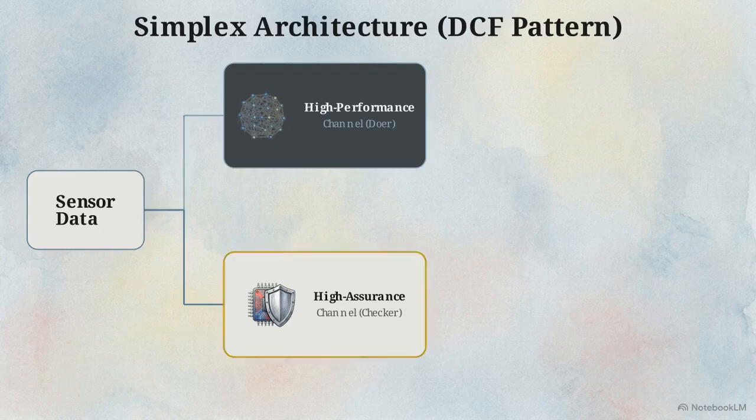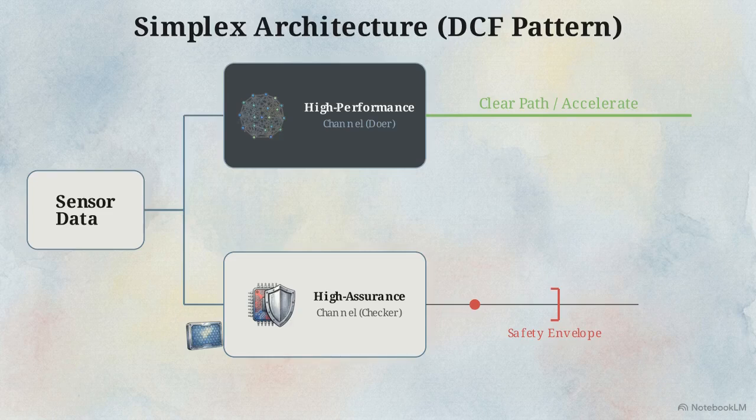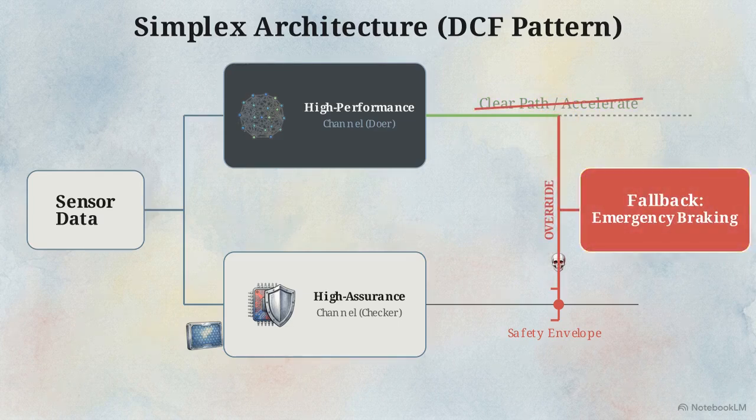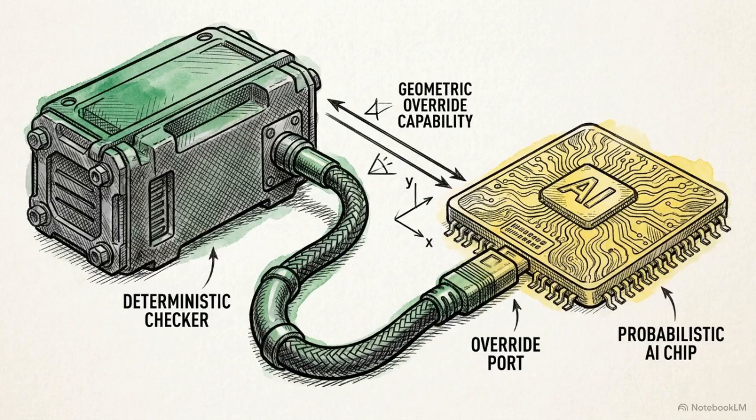The checker channel ignores AI entirely. It is a strictly deterministic, rules-based C-code module calculating pure physical kinematics, a mathematical safety envelope based on raw distance and relative velocity. If the doer AI hallucinates a clear path, but the checker module detects that a physical distance threshold has been breached, the checker instantly overrides the AI and forces a hard switch to the fallback braking maneuver. By pitting strict deterministic physics against probabilistic AI, the architecture geometrically traps the AI's dataset bias